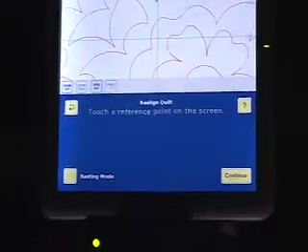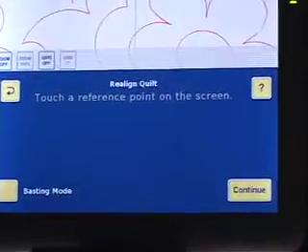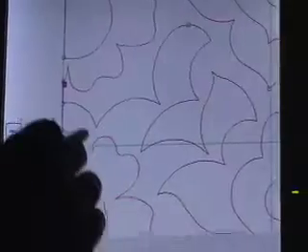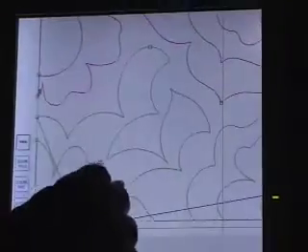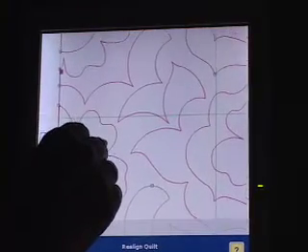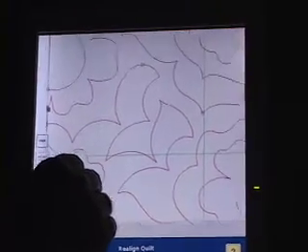Okay, I need to realign IQ so that I can stitch a full row here instead of just that partial row. So I'm going to pan my image. Let's get to the edge here. There's the partial row I don't want. I want it to sew a full row, so I'm going to fool IQ into thinking it still has a